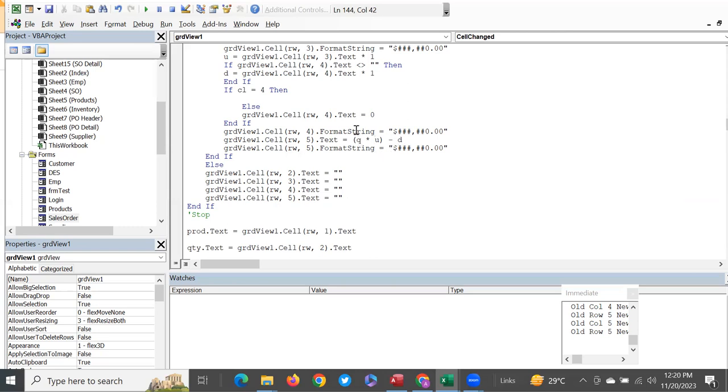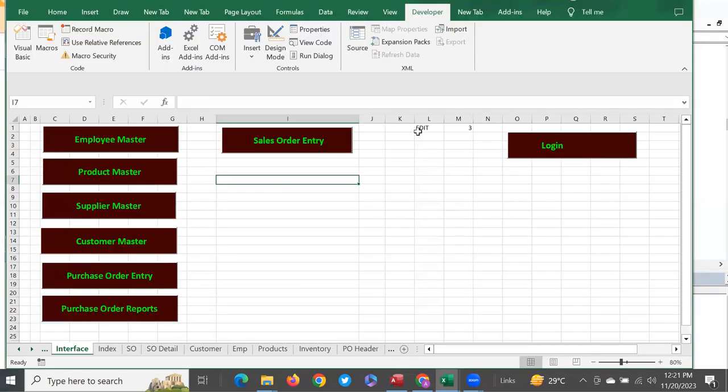So this gives you some value minus this discount, and that comes as the order amount, right? So this is how it is done. So let's do it again. If you want, you can do the practice,